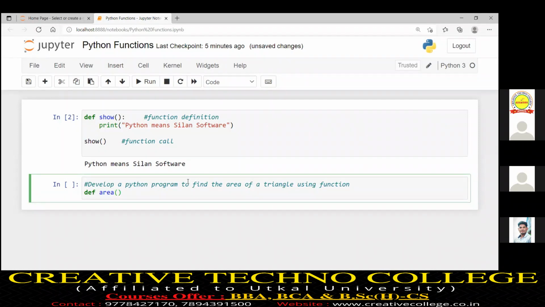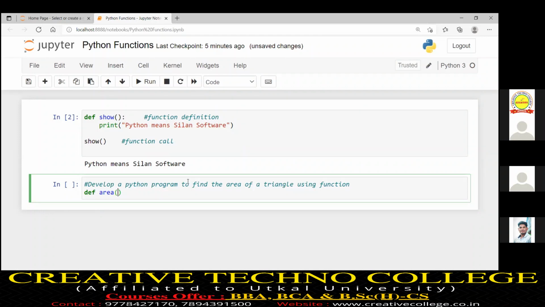What is our task? Our task is to find the area of a triangle. We know the area of a triangle is half into base into height, or we can say 0.5 into base into height. So the number of inputs is base and height, and the number of outputs is 1.